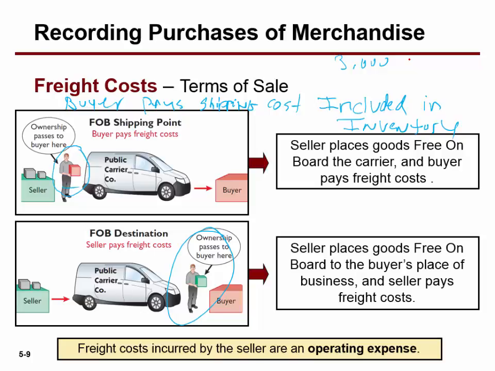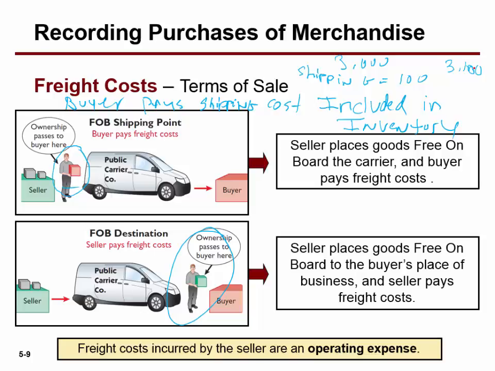So I paid $3,000 for the invoice in that inventory, and the problem tells me that shipping cost equals $100. What's the cost of that inventory to the buyer? Not a trick question. $3,100 is the cost of the inventory to that buyer, isn't it? That says $3,100 is the cost of that inventory to that buyer.